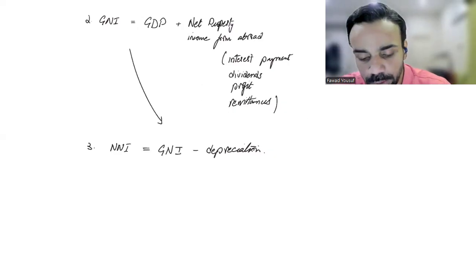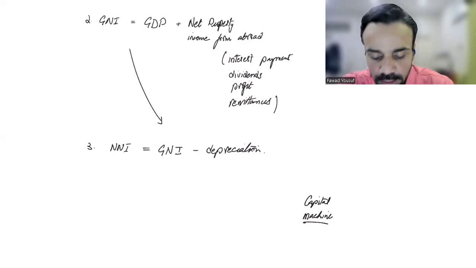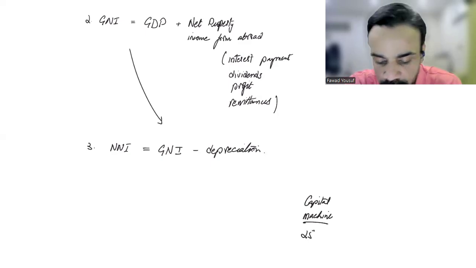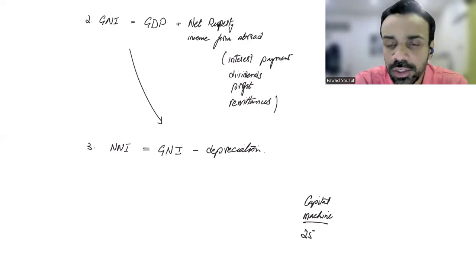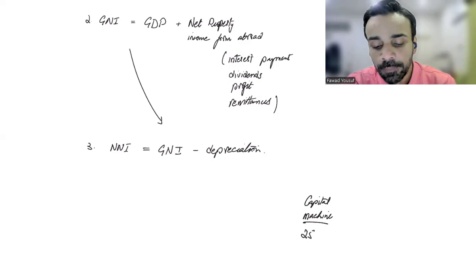The concept is simple. So we're talking about capital, right? Capital investments, machines, things like that. So let's suppose we have a data that this year there has been about 25 new machines that have been installed. So obviously हमें पता है new machines mean more output, right?